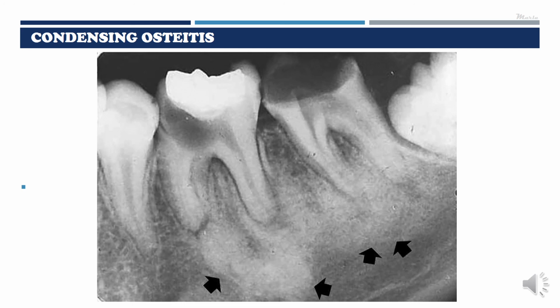Clinically, in condensing osteitis, the tooth will be vital. It will respond to any pulp vitality test like cold test, hot test or electric pulp test. Also, the tooth will generally be painless, and this condition will be identified probably incidentally. So, the tooth should be basically treated for that caries and any infective active inflammation in that tooth removed.